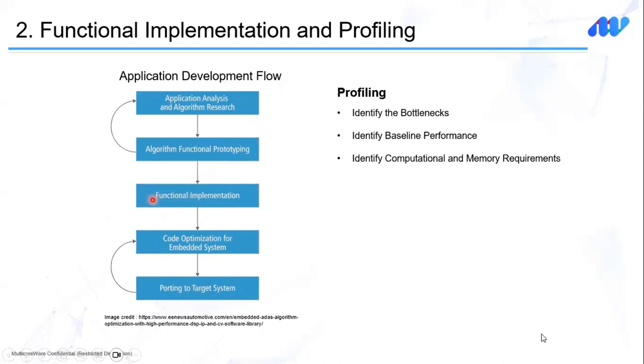So having the functional implementation is always helpful because that will serve as a baseline implementation for us to be able to do the performance optimization. And once the reference or the functional implementation is ready, we should also do the profiling just to identify which portion of the code is consuming a lot of time, so that the engineers can focus on those hotspots to get maximum impact out of the performance. And with the functional implementation we can also identify computational and memory requirements before we deep dive into algorithm optimization.